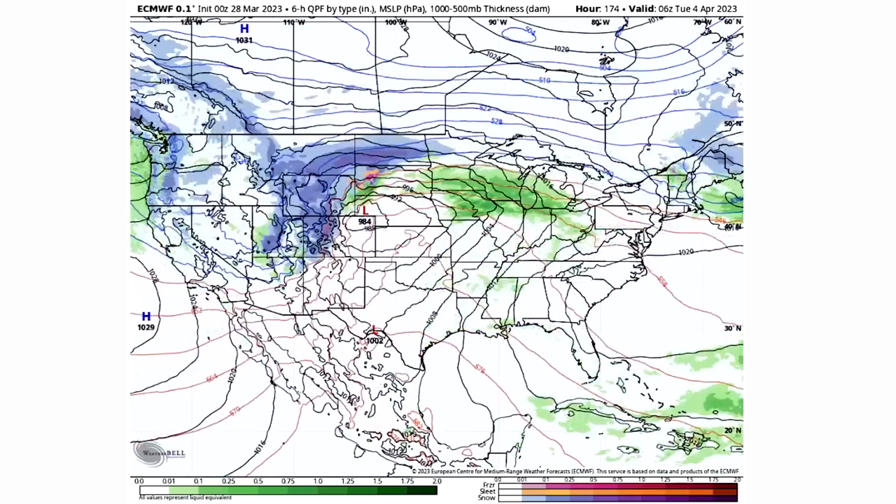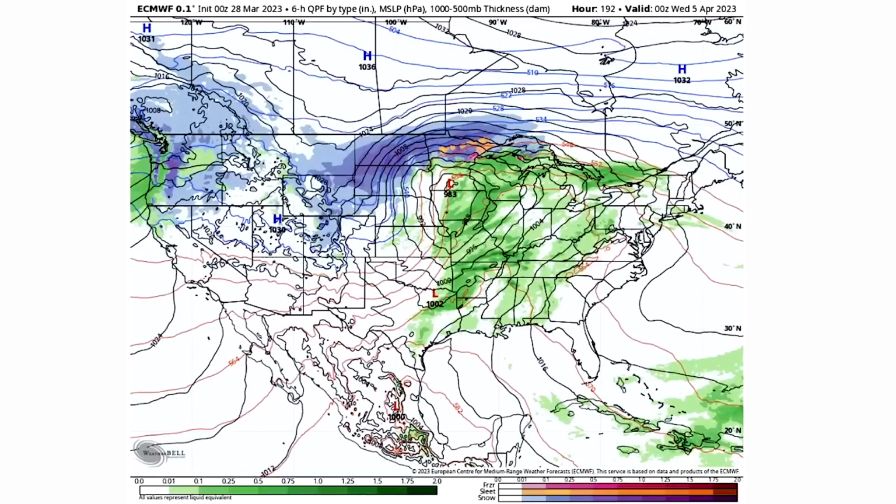So let's watch by Tuesday here. What we see happen is overnight Monday into Tuesday, we have a 984 here. We're going to watch for a cold front, warm front dynamic to start taking place here. Let's just keep going and look at that same exact location, 983. We're going to be watching Tuesday into Wednesday. That's going to be the 4th into the 5th there for another severe weather event in very similar areas here